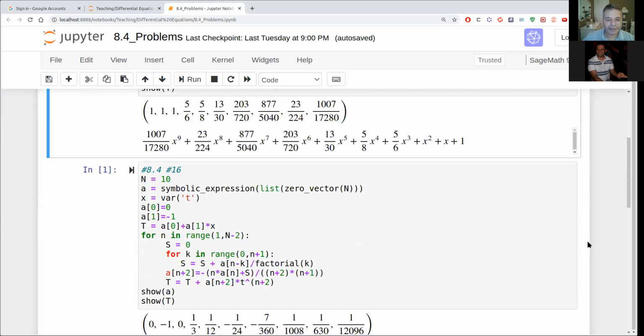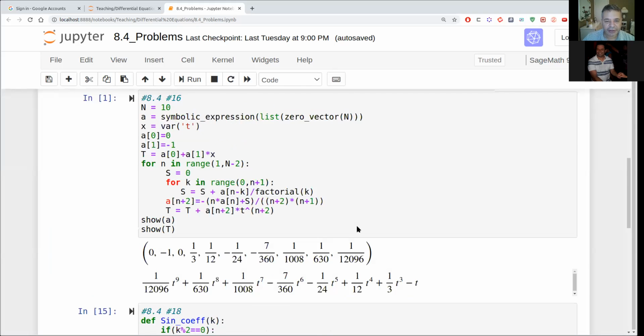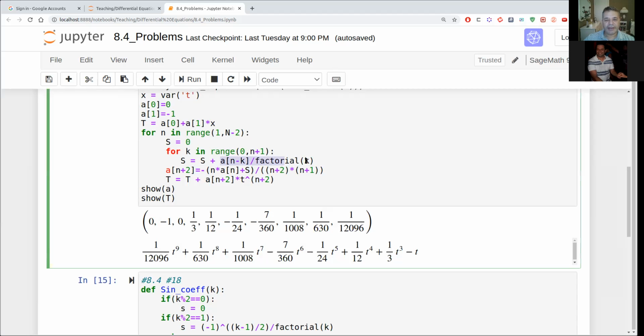We still have that S term, and it's basically the same term, so I just kept it. The only thing I changed was I now have n times A sub n here, plus S, divided by n plus 1 times n plus 2. So you can see here, A sub 0 was 0, A sub 1 was -1, A sub 2 was 0, A sub 3 is 1/3,